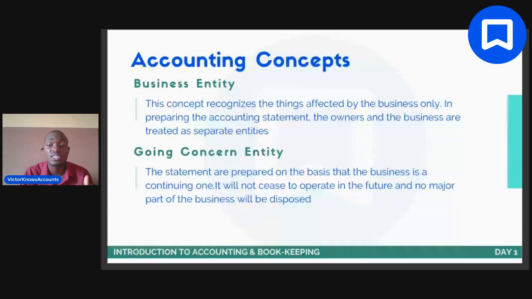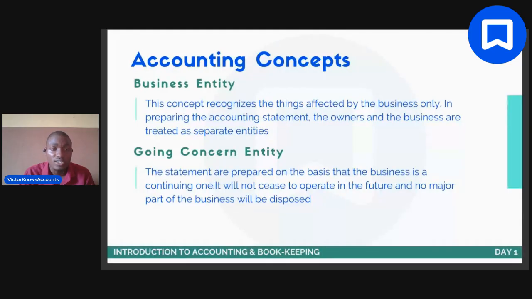That's going to be seen as a transaction involving two parties. It's going to be seen that I gave money to VKA Enterprises. Now, if I take money from VKA Enterprises, then it's going to be seen as VKA Enterprises gives money to me. Do we understand that? So, business entity concept is actually the basis of the whole accounting process. It's saying that you should treat your business as an entity that is separate from you.